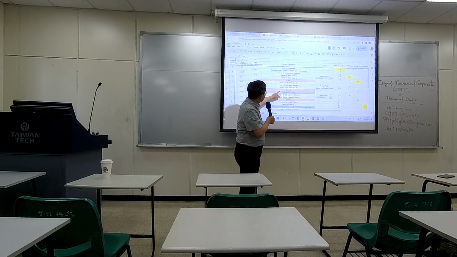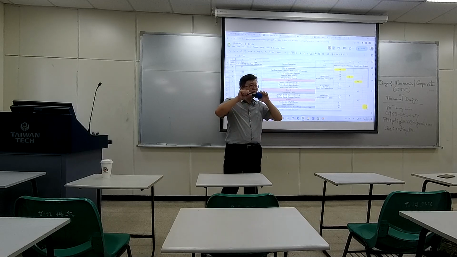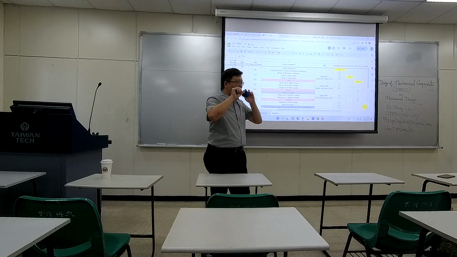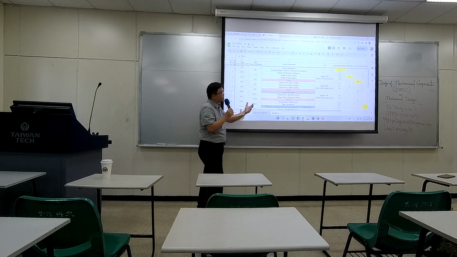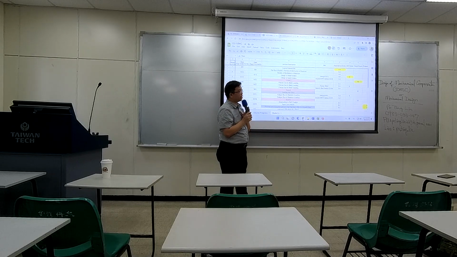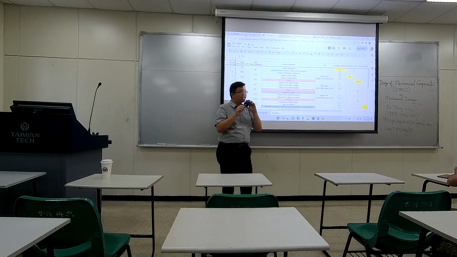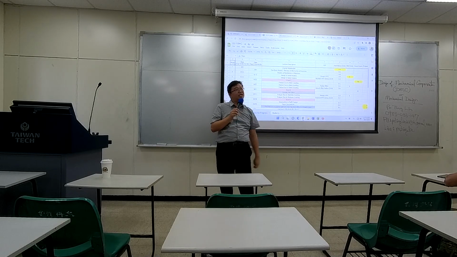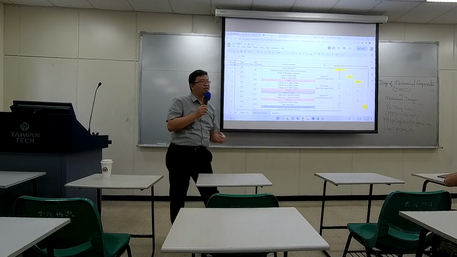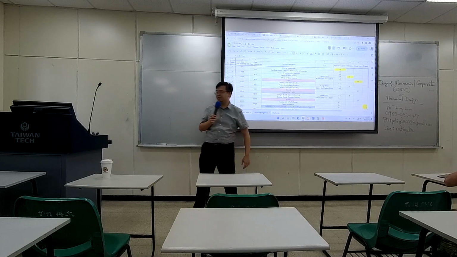So if a component fail due to static load, it's like if I break this, it's like a static load. If the load is larger than how the component can carry, then it breaks. But for dynamic loads, you can cause an effect called fatigue. So a component can still fail due to fatigue. They have different phenomena. Okay?